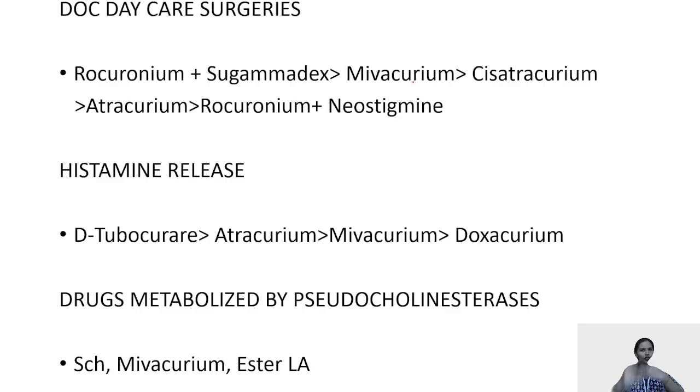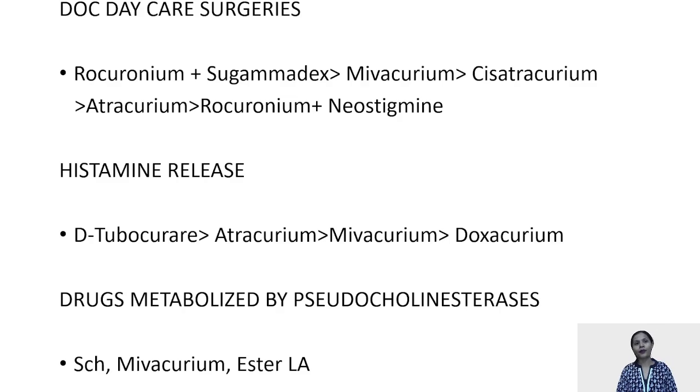Coming to a quick revision, when we talk about the day-care surgeries, rocuronium plus sugammadex can be used much because sugammadex and rocuronium, their onset and the duration are good, plus they are cardiac stable. I mean to say the cardiac stability is like, minimally they can be vagolytic, but histamine release is very less in comparison to mivacurium, which has a shorter duration of action, but still the histamine release by mivacurium is quite high. Then you can have cisatracurium,